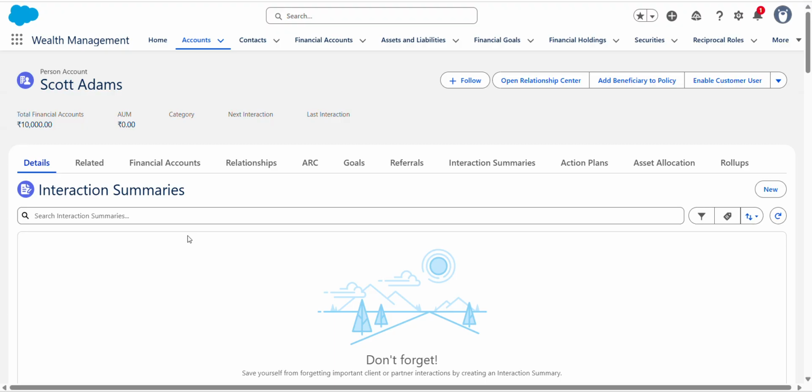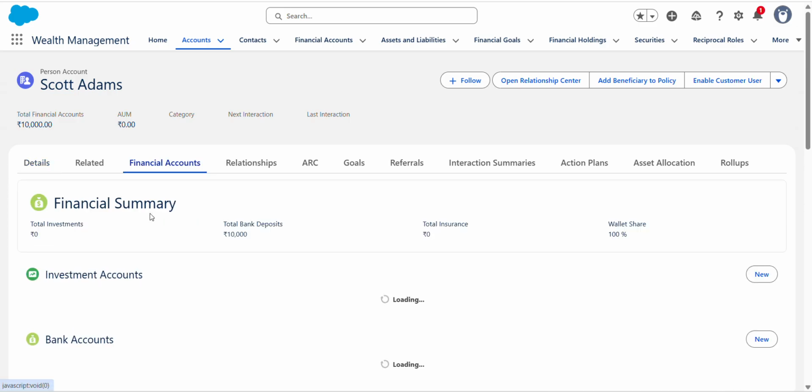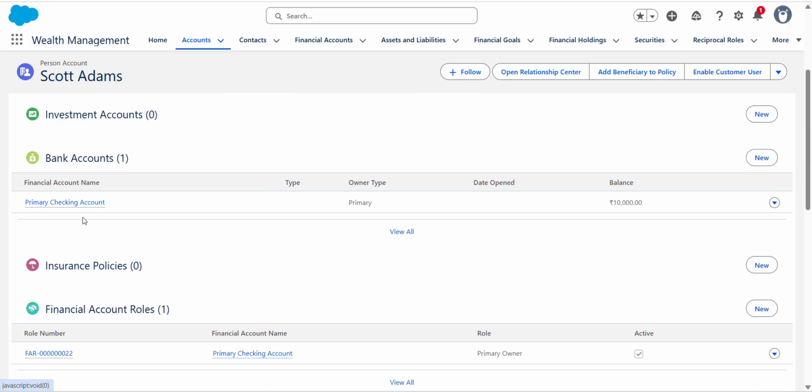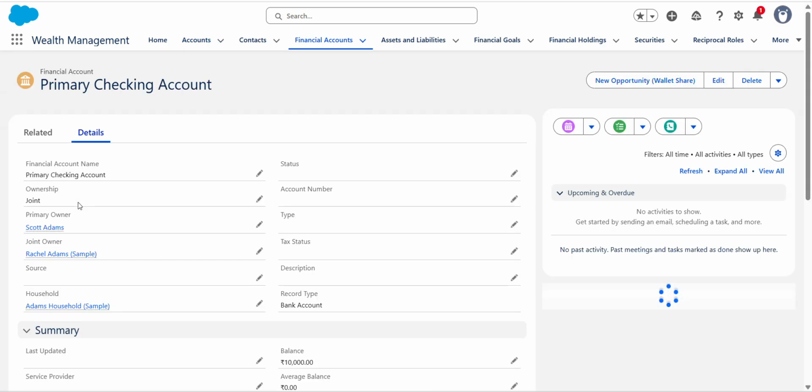Click on the Financial Account tab and open the primary checking account. You can see that Rachel Adam is joint owner of Scott's primary checking account.